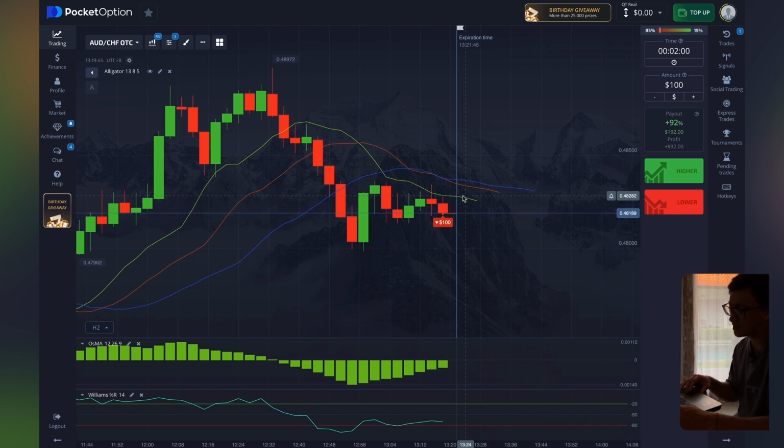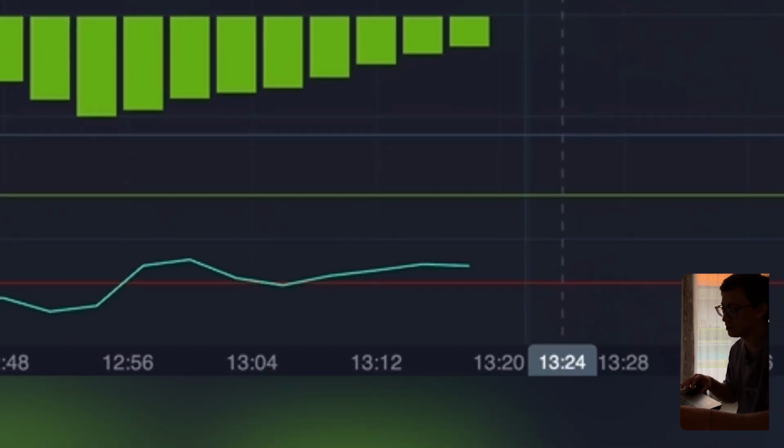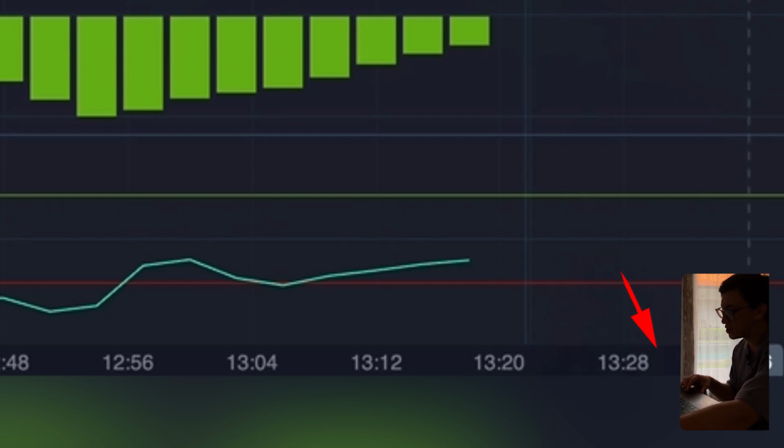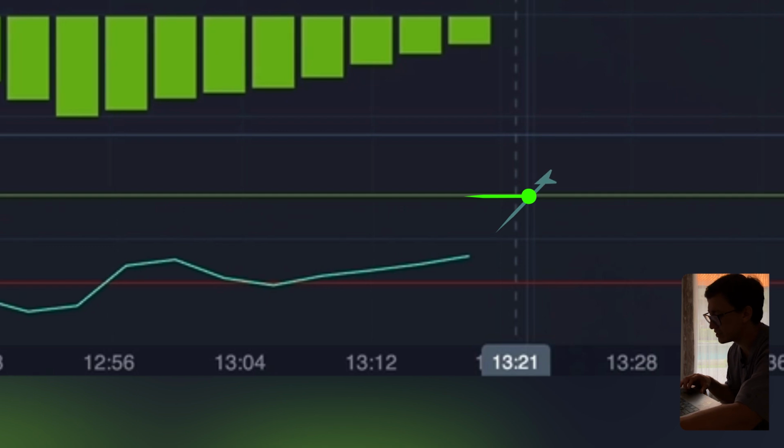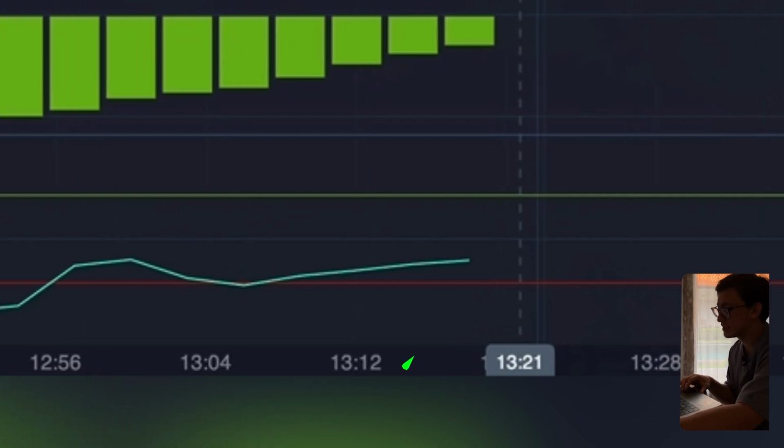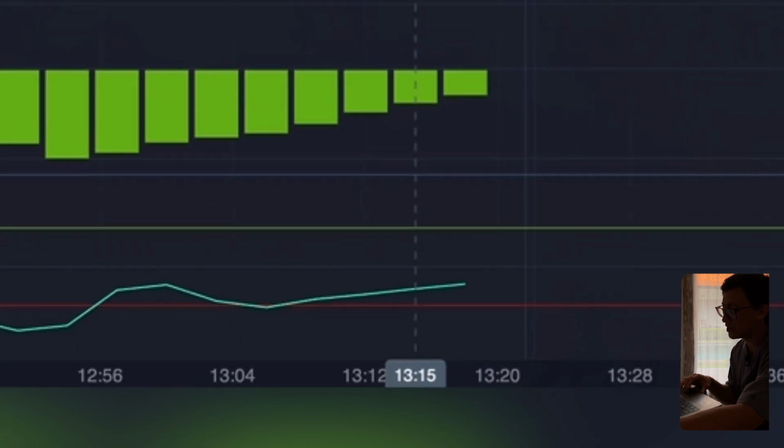To understand how this trading strategy works, first let's look at the Williams indicator. If this line crosses the support or resistance line and is directed downward, this is a signal to enter the lower position. If the curved line crosses the support and resistance line and is directed upwards, this is the signal to enter the upper position. It's simple. In our case, the curved line crosses the resistance line and is directed slightly downwards. The first signal is to enter the lower range.